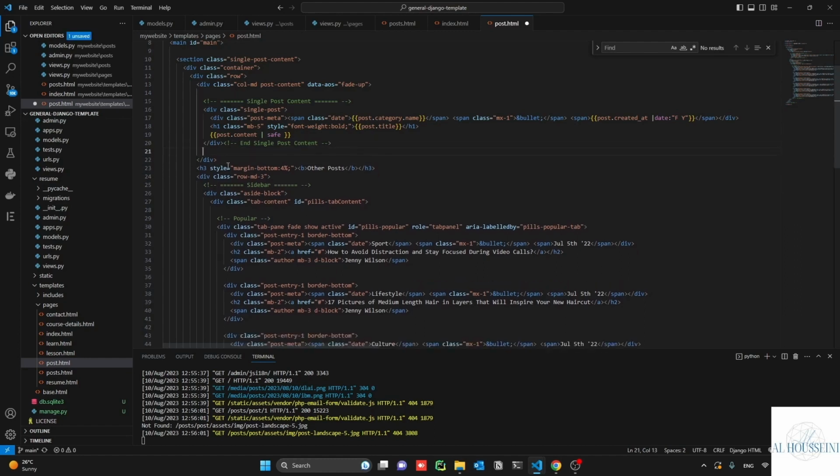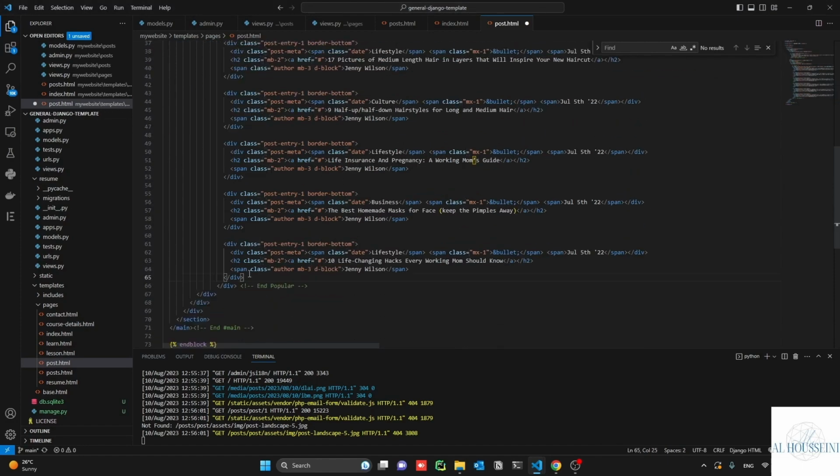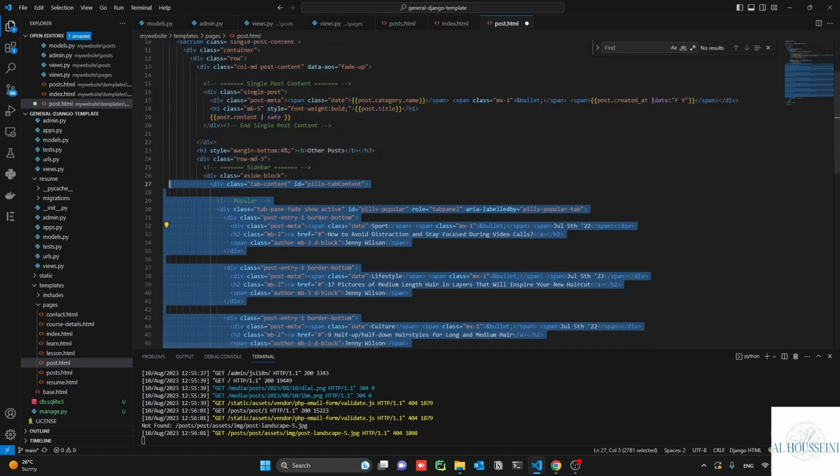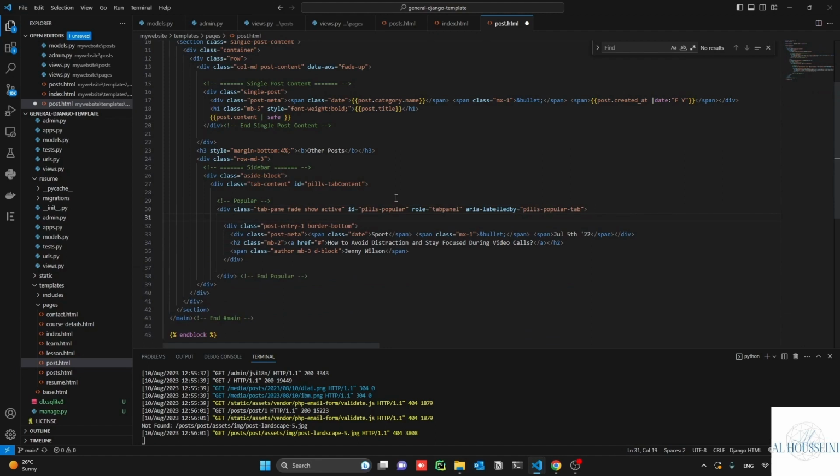We finished this part. Now we are going to deal with the part that is for the other posts, that is here. All these are repeated posts, so let me remove all of them and keep just one single post, that is this one. Great. Here we go. Okay, what I need to do is to say here a for loop, for other in others. We have here